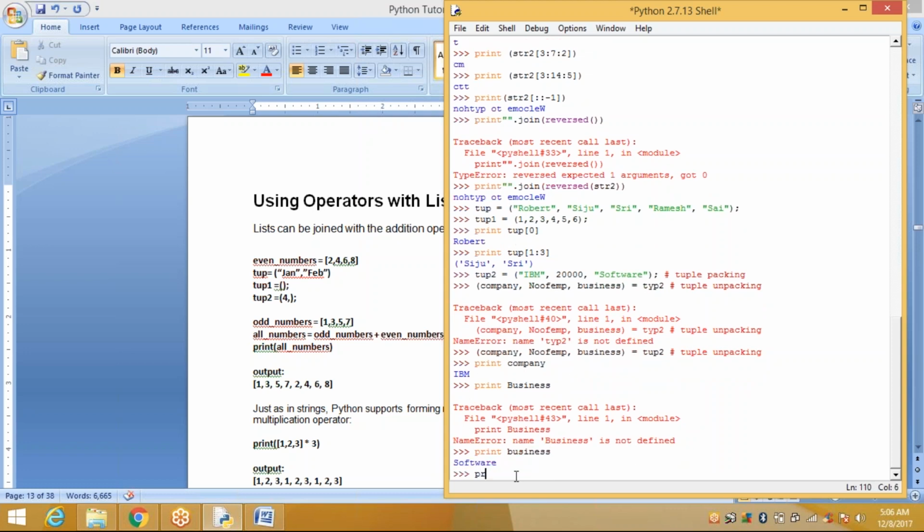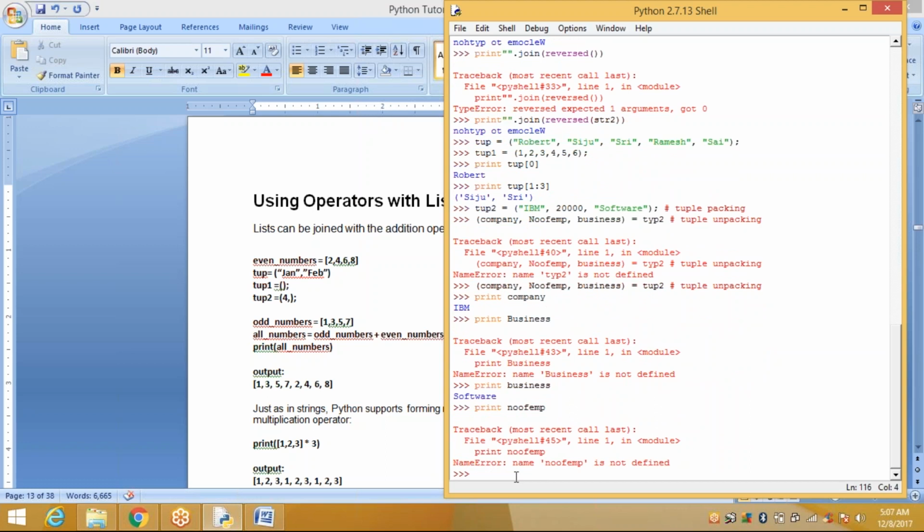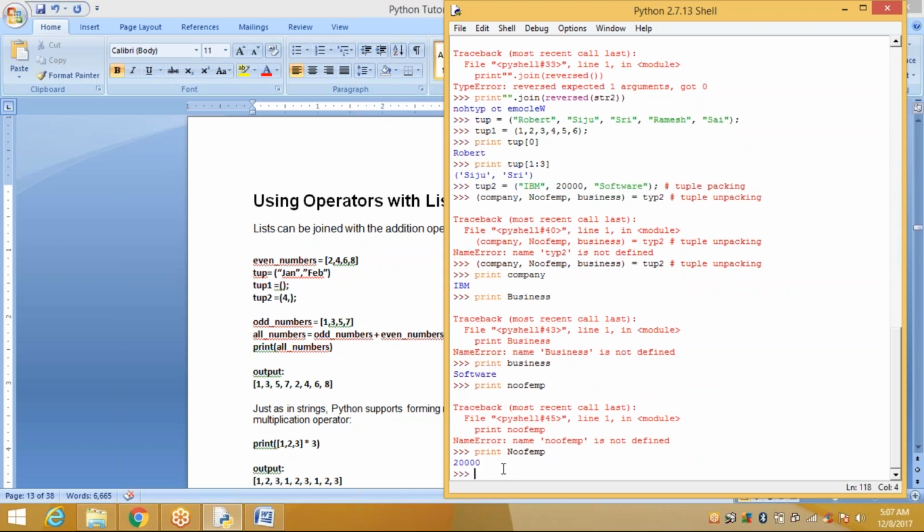Suppose you want to print number of employees, it displays 20,000. So these are the uses of tuple.